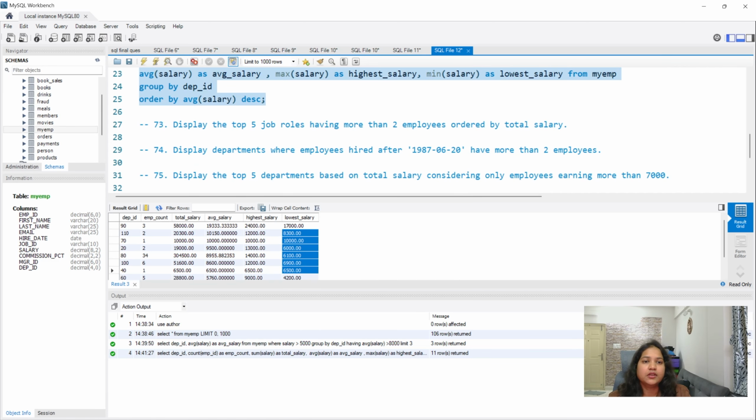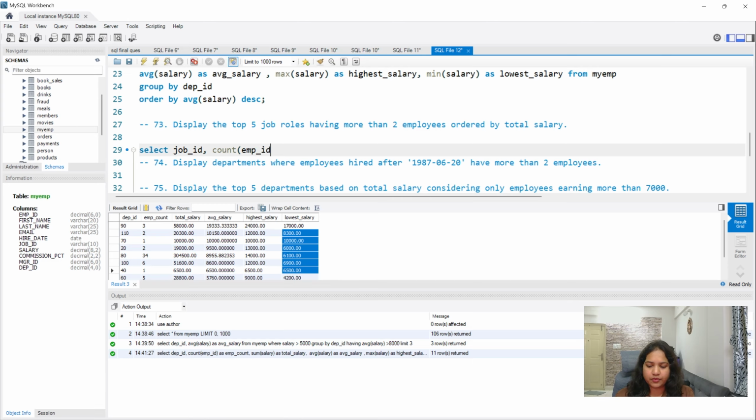This is the second question. The third one: display the top 5 job roles having more than 2 employees, order by the total salary. So select job_id and display the top 5 job roles having more than 2 employees. Then you do the count of emp_id as employee_count.